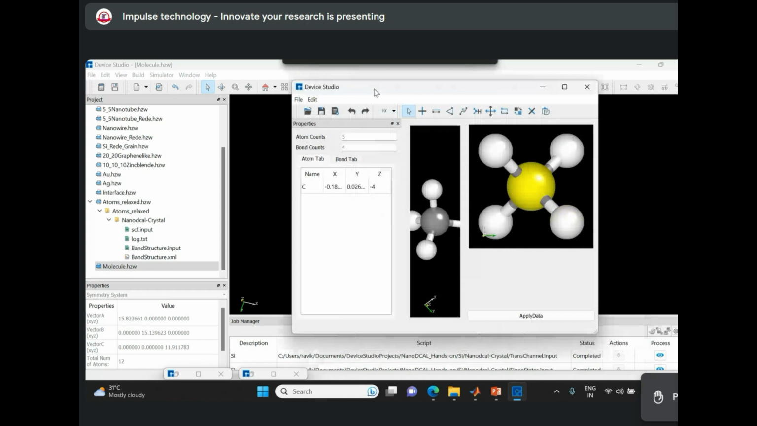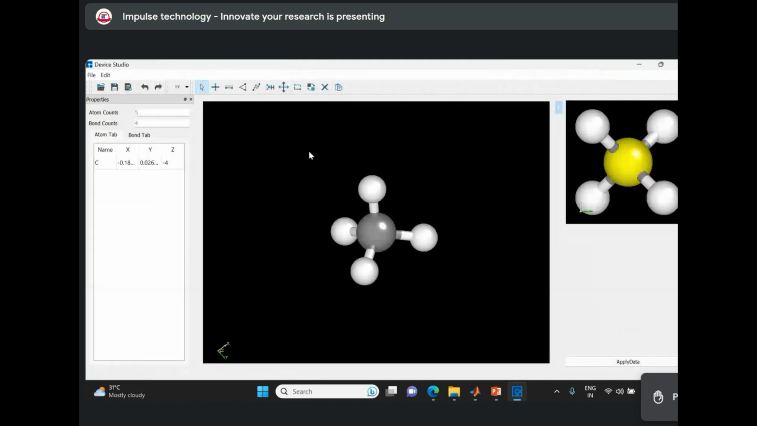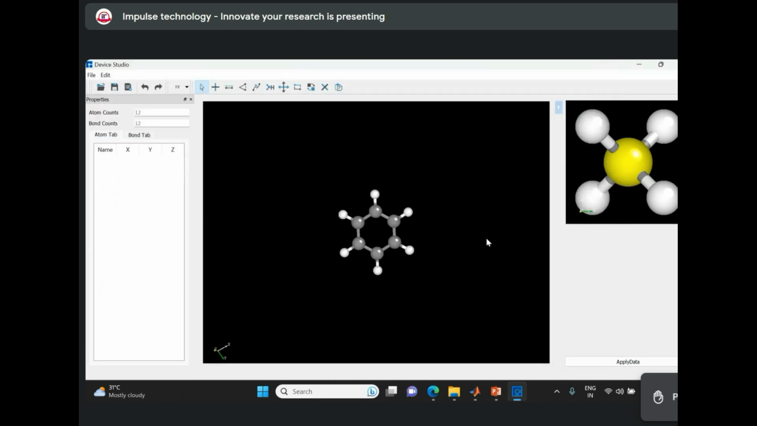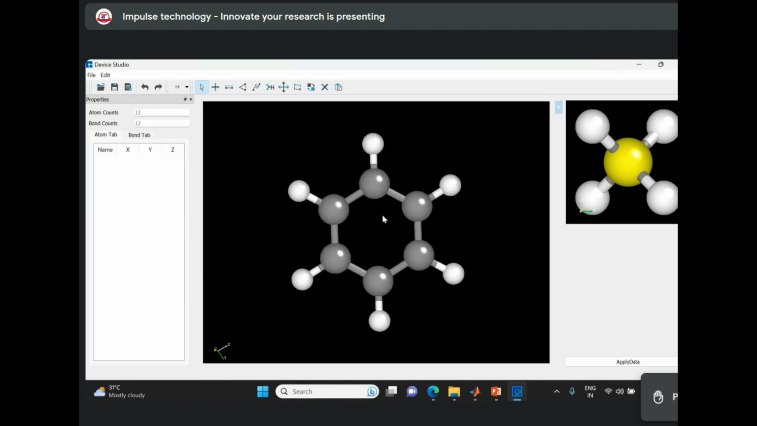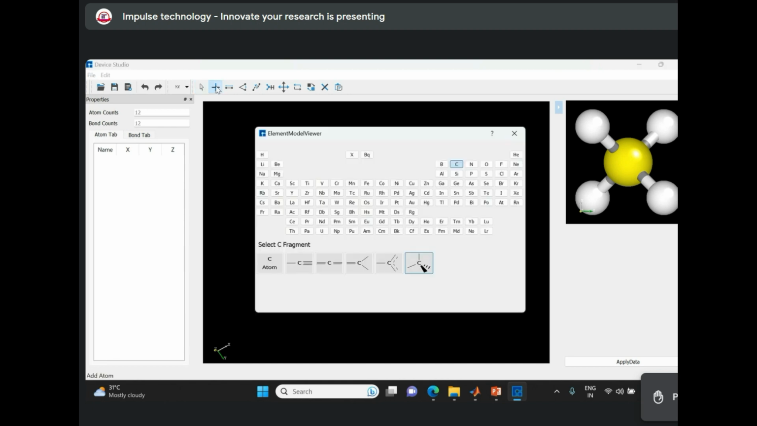Or if you want to import a molecule, this option is also available. Select the file option, select the import option, and here you can see this is the molecule, the benzene molecule. So if you want to make a trinitrotoluene structure, you can go to the add option, select carbon atoms, select single atoms,